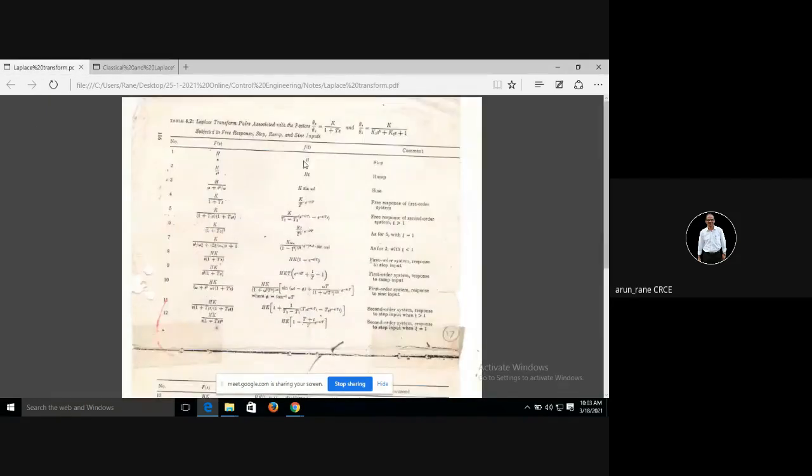So when your input is h, your Laplace output will be h by s. This is what is shown here. Let's say in the time domain your input is h; in Laplace you will get h by s by definition. This is your step input. Is this clear? So you have a step input h in the time domain. Now h means some magnitude, like say 10 kg or 20 kg. This is what is called the step input.